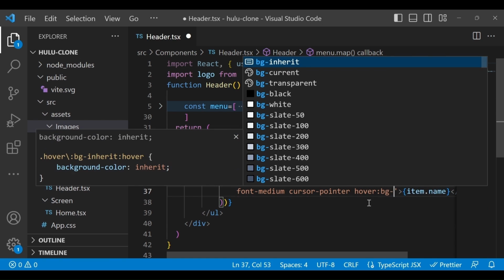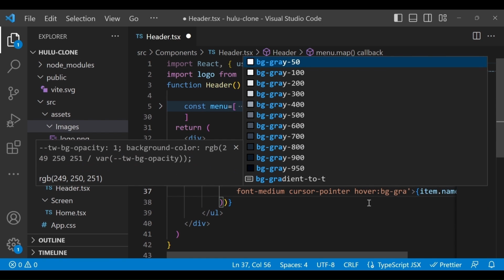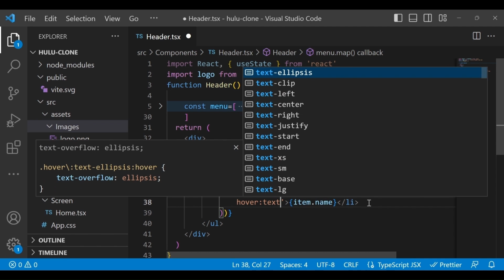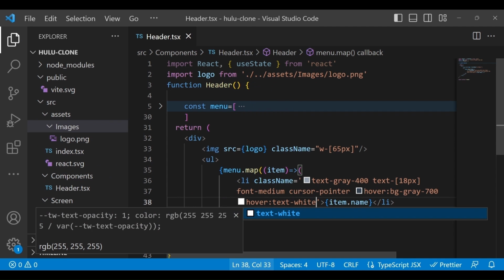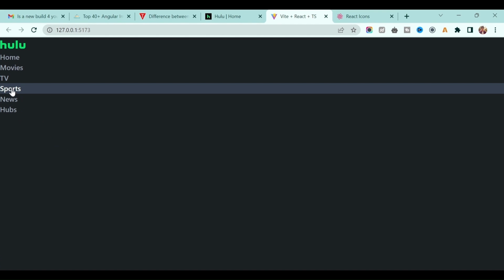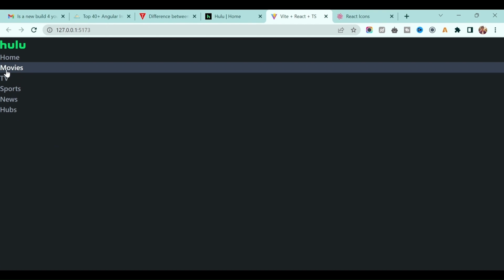In this case I will write bg background color to be 700. Okay, and also on hover I want to make the text white, and let's save it. Let's see how it looks. On hover, you will see the background is changing and the text color changes to white.